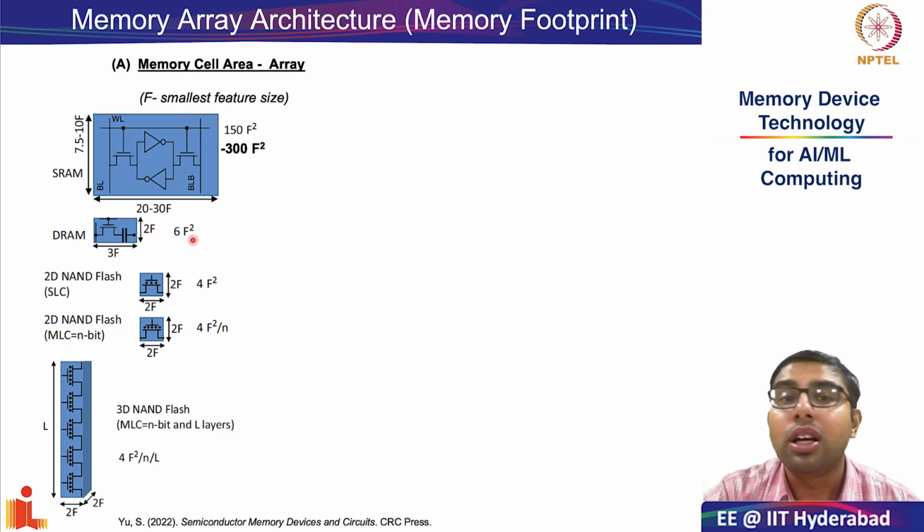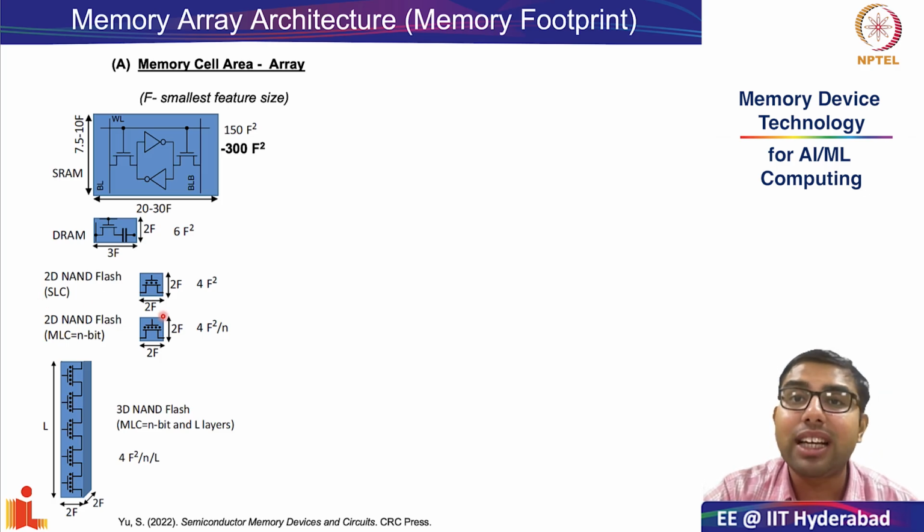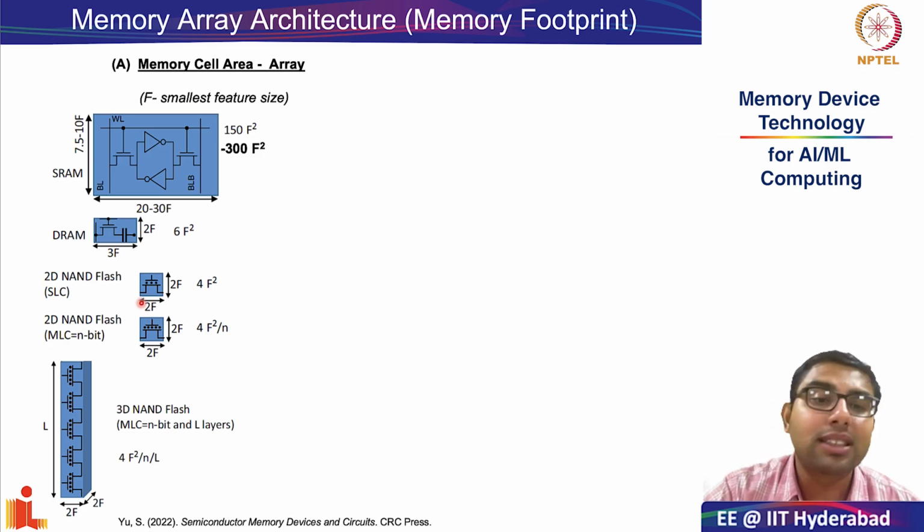How is the story when it comes to NAND flash? Please try to recall. The NAND flash is essentially one modified transistor. So you have removed the capacitor which was there in DRAM. Therefore, a single 2D NAND flash cell, which is storing just one bit of information, can fit within just 2F and 2F sides, and therefore 4F squared.